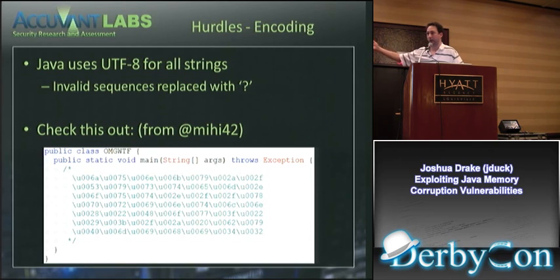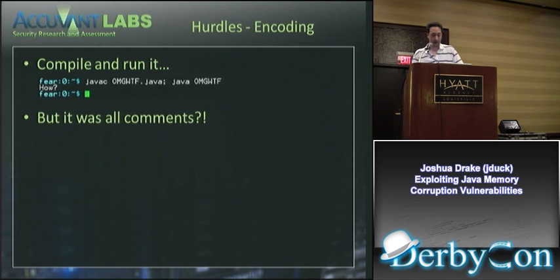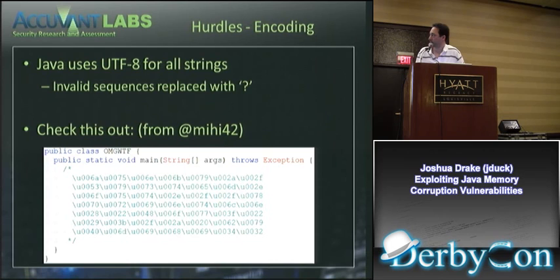It's called OMGWTF. And you can see it looks like a main function with a big block of comments in it. So when you run it and compile it, then it prints out "how." What? Did you think Sun printed that out just because there was comments? Well, it turns out that Sun actually made it so that those escape sequences, we'll go back and look at it again, get evaluated when you compile, like a preprocessor.